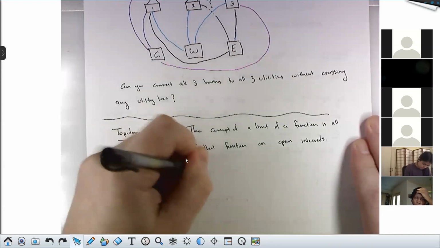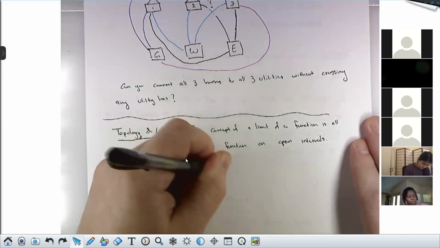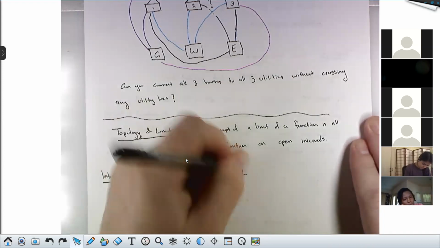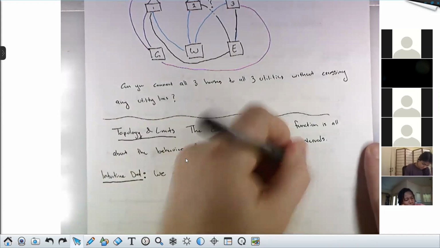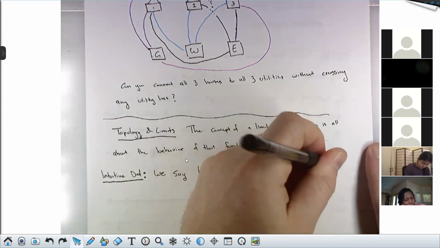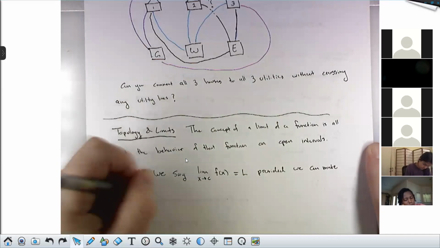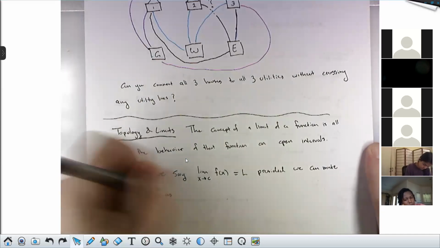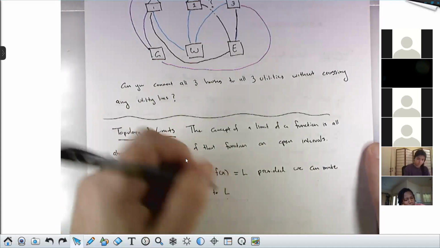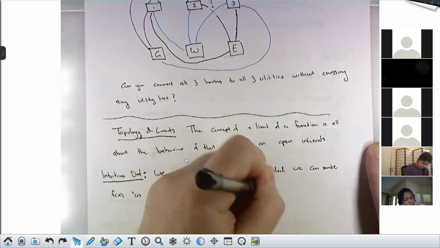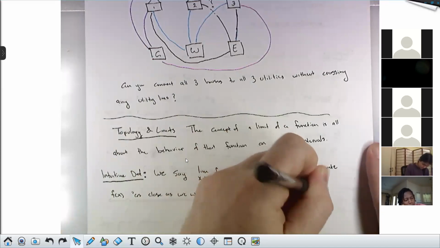We say that the limit as x approaches c of some function f of x is equal to L, provided we can make f of x as close as we want to L by making x close